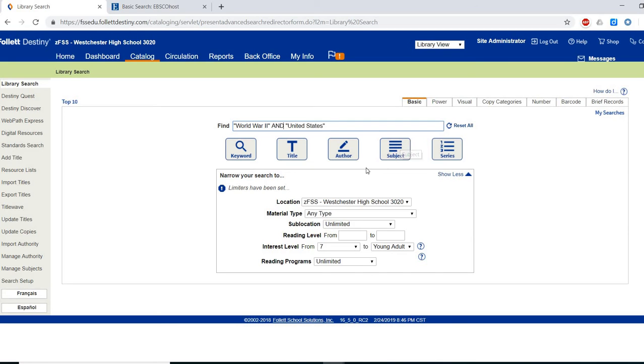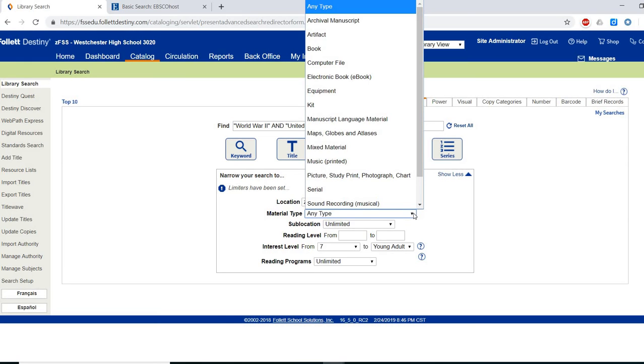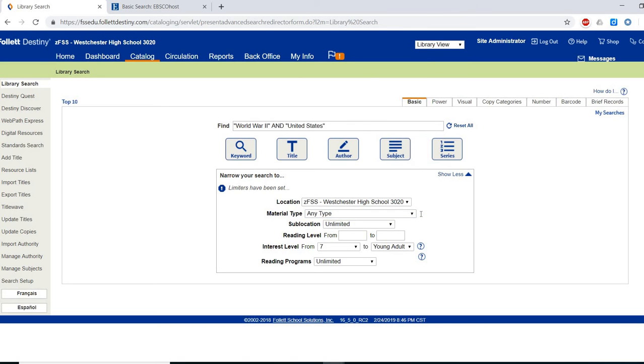So we're going to use what are called limiters to make sure that we don't get too many results, that we get the results that are most relevant for our purposes for this research assignment. So we are only looking for resources that are available at our high school, West Chester High School. For material, we have different types of material we could use. We could look for just books or just pictures, just sound recordings. But for our purposes, for starting, for browsing, I think we're going to say any type of material is acceptable